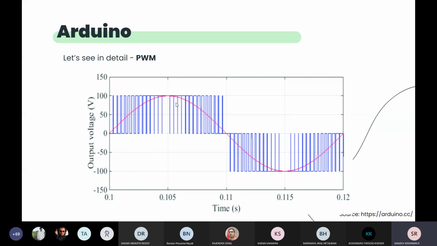So this is how analog outputs are achieved through digital means. Again, 0 to 5, 0 to 5 is only happening from the microcontroller's end, but the result achieved is analog. And the method is called PWM, pulse width modulation. Fine.